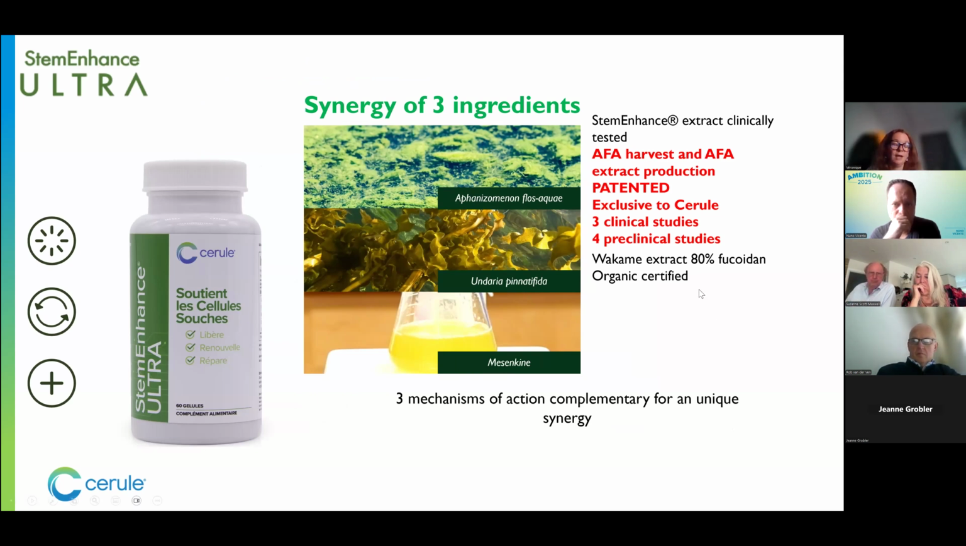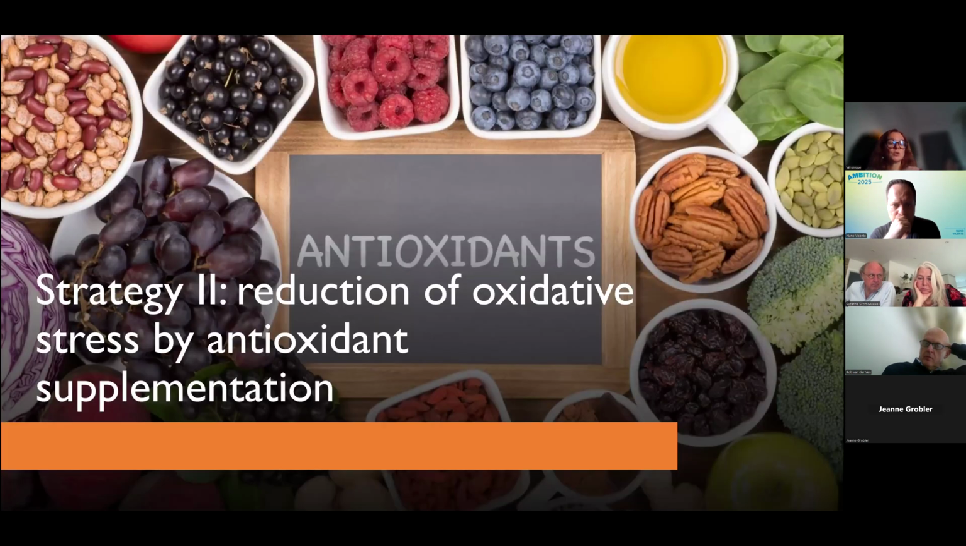So we have the first strategy for stem cell mobilization. And we already observed the clinical benefits for Parkinson's disease and Alzheimer's disease, especially clinical benefits for cognitive function and motor symptoms for Parkinson's disease. And the second strategy will be to reduce this oxidative stress that is present in both neurodegenerative diseases with an antioxidant